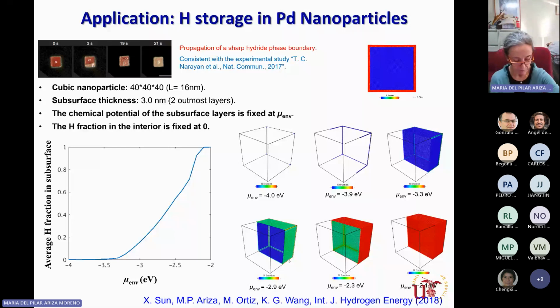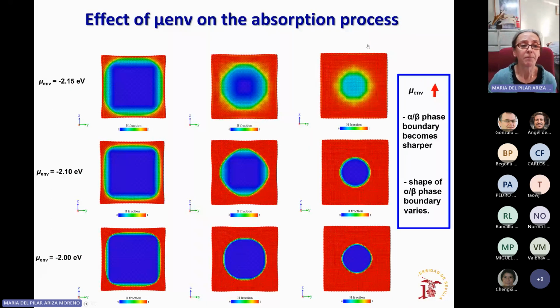What other features do you have to keep in mind in order to be able to model this? Well, you need to decide at the very beginning what initial configuration you are going to have, whether you need to define more or fewer layers of the material occupied by hydrogen. So you need to see what kind of properties you're going to include in your model. So you see in these figures that if you change the chemical potential, which is the energy that you need to apply in order to introduce hydrogen, in other words,